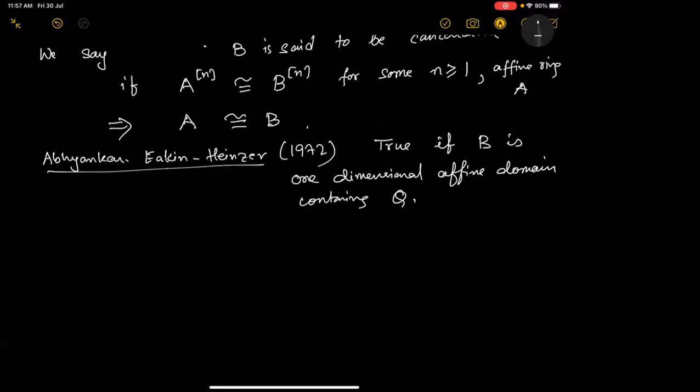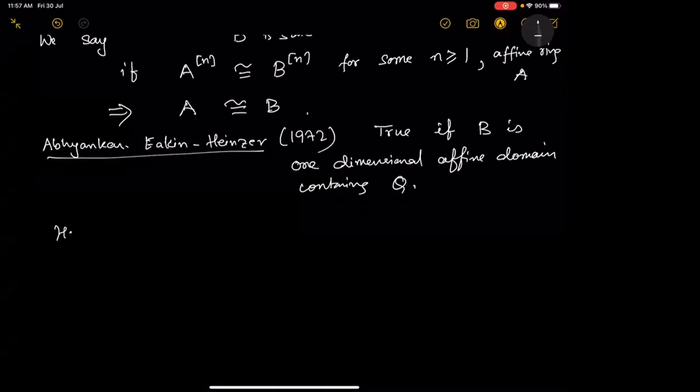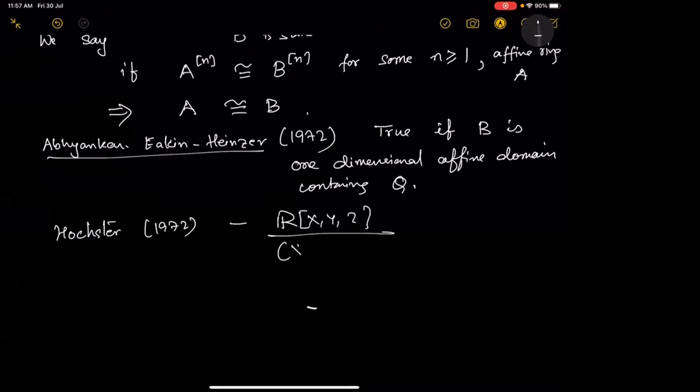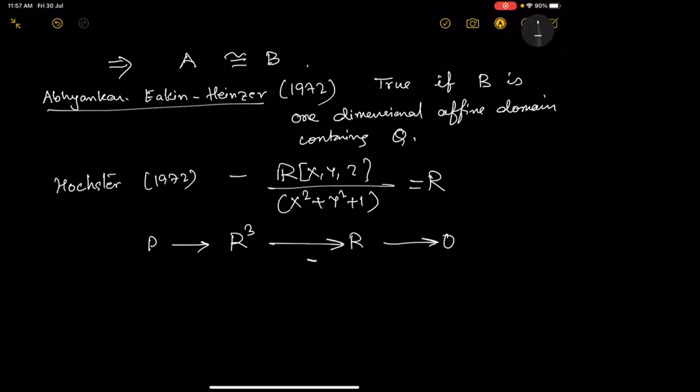But more than affirmative answers, the counterexamples are more famous. The first counterexample was due to Hochster, and that was based on the existence of non-triviality of the tangent bundle on the real sphere. So this was an example where you are working over a real sphere and you consider the tangent bundle over that. Let me call this ring R, and you have a ring homomorphism from R^3 to R sending